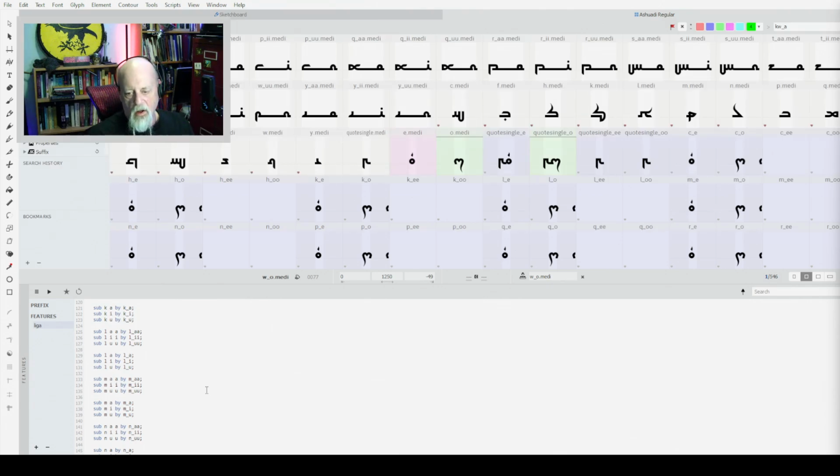Those are alternative contextual forms, ligatures, which can be defined in a file like this. You can even have some that kind of randomize that so that it's not always the same. And again, that sort of stuff is done in here. I'm abusing the hell out of it, and I don't know if the people that designed it ever thought anybody would do this or not. I don't know. But it works.